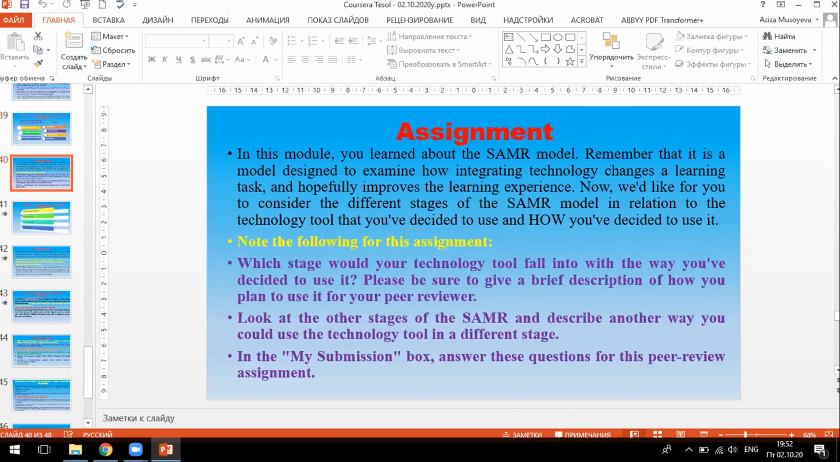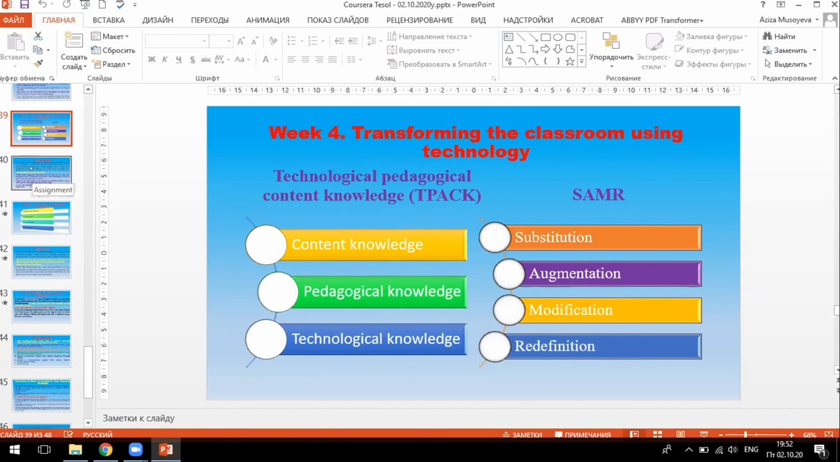So for the assignment here, they ask you which stage your technology tool would fall into. So they ask you which of the stages that we already talked about. They ask you which stage the technology falls into, for example, if you took Kahoot, yes, Kahoot. So they ask you which stage from TPACK and SAMR it can fall into,